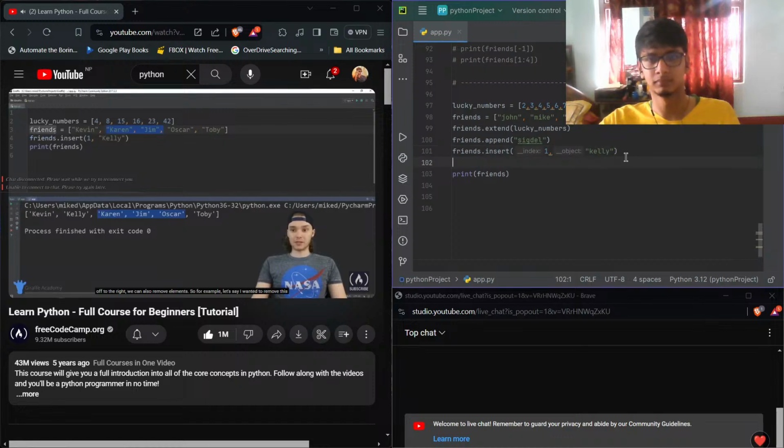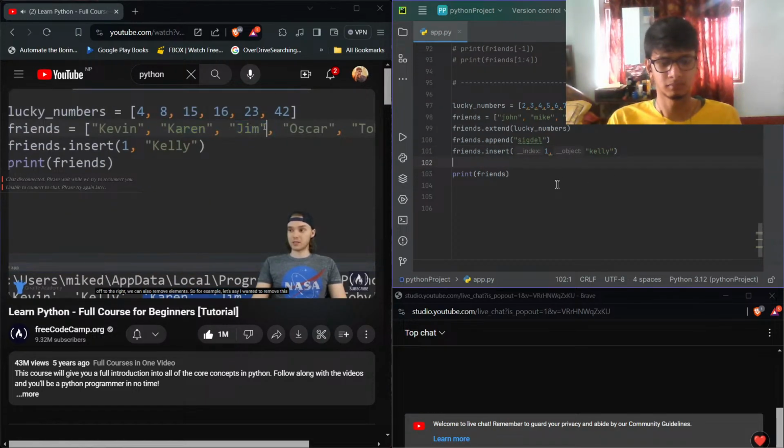We can also remove elements. So for example, let's say I wanted to remove this Jim value. All I have to do is just say friends.remove,